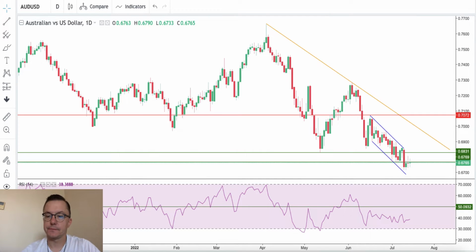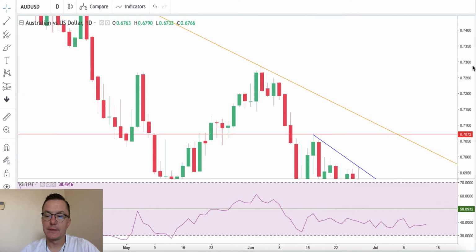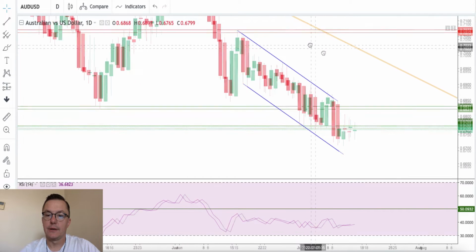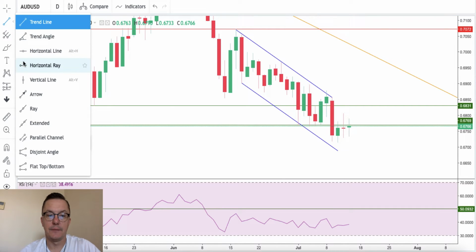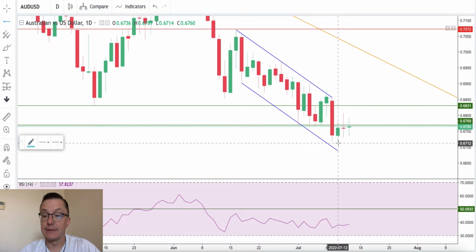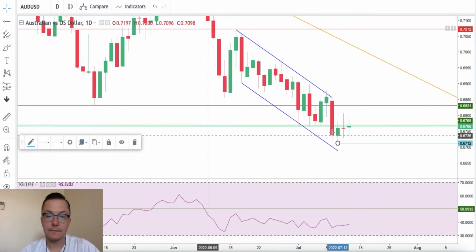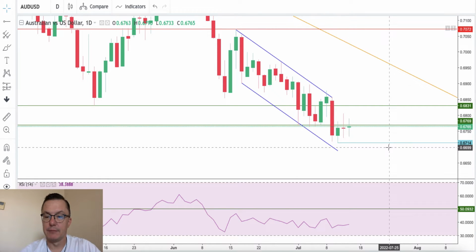Australian dollar. Very interesting price behavior. Let's just dig in with this. What is going on here is, as you can see, we got a breakout towards 6,717. This is the new low here on the Australian dollar. So we will definitely... 6,714. That's even lower. So let's just put our temporary support line here. This is the